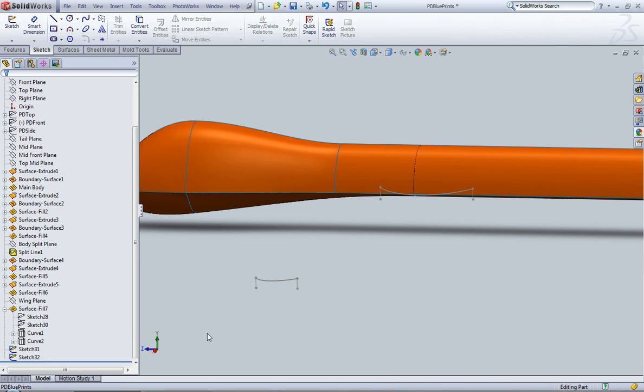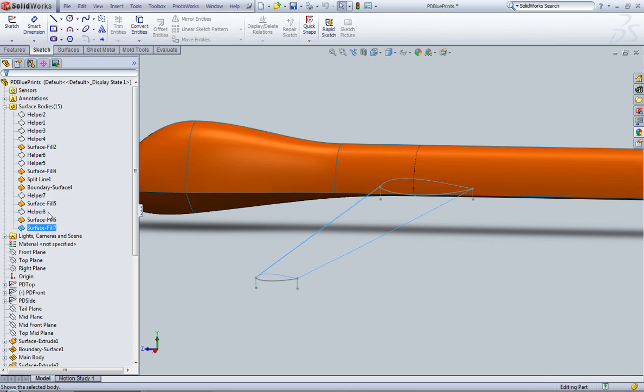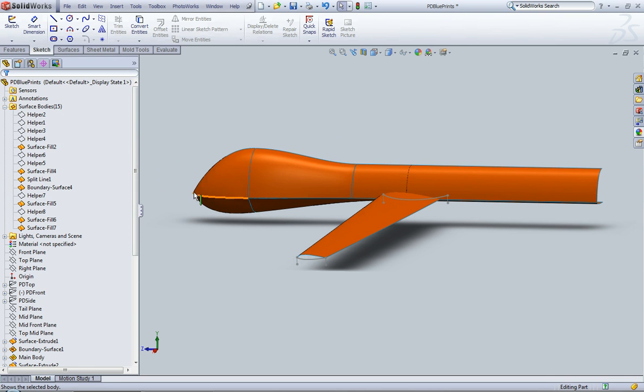So if you ever get stuck in a situation like that, and really the only time you will is if you don't use the entire projected curve. If you have a projected curve for a good portion of the profile of something, like say I made one curve that defined a lot of the surface, but I decided to drag the endpoint of my boundary back to here somewhere, and it would not let me select that projected curve again to drive any more geometry, I could go into that 3D sketch, and I could project